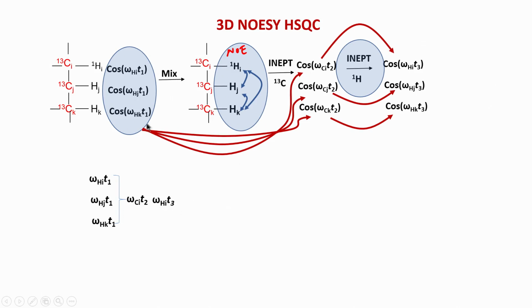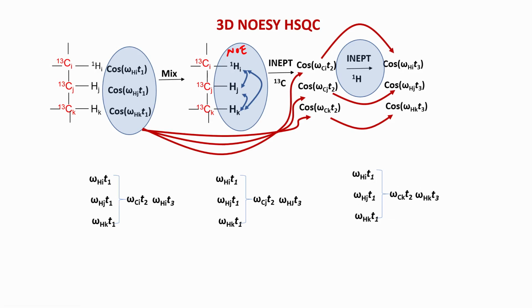If you follow this first arrow, this here and this here. Then we have also correlated again the same 3 nuclei with Cj and Hj, which is the second arrow here. And we have also correlated again the same 3 atoms with Ck and Hk. So, you see we have correlated all the 3 with all the 3, with each other. Okay. So, this is basically the idea, that you are correlating with each other. So, you are getting all possible combinations of connections.